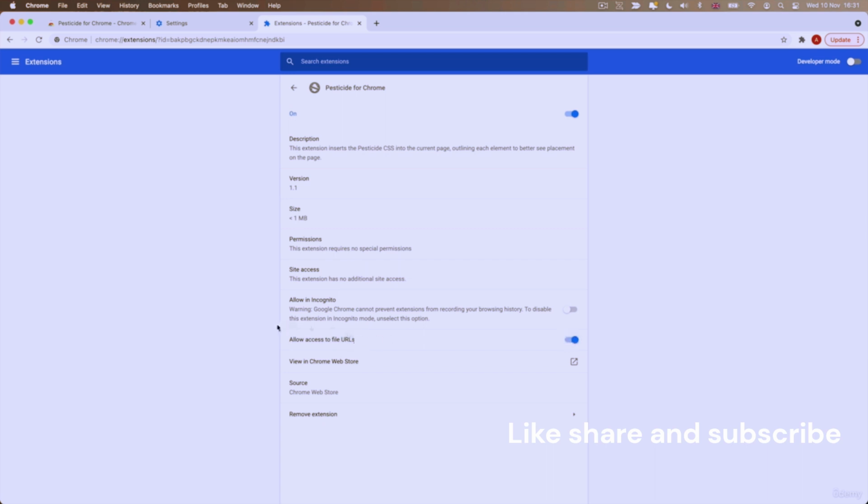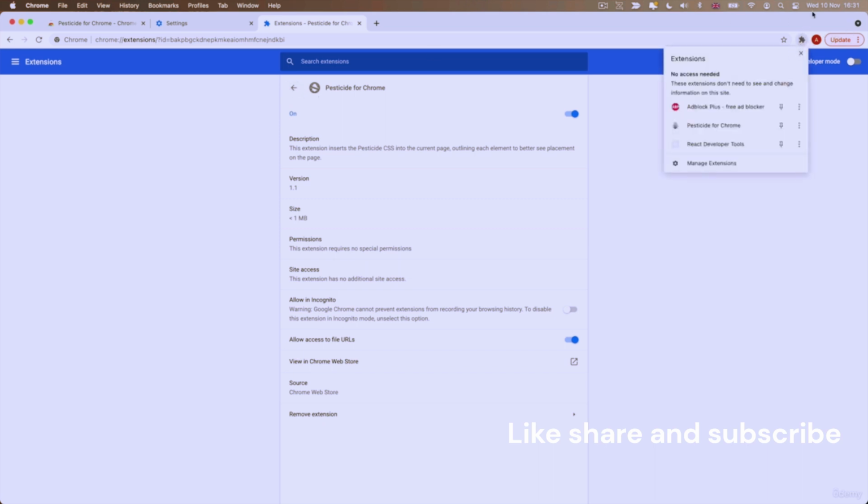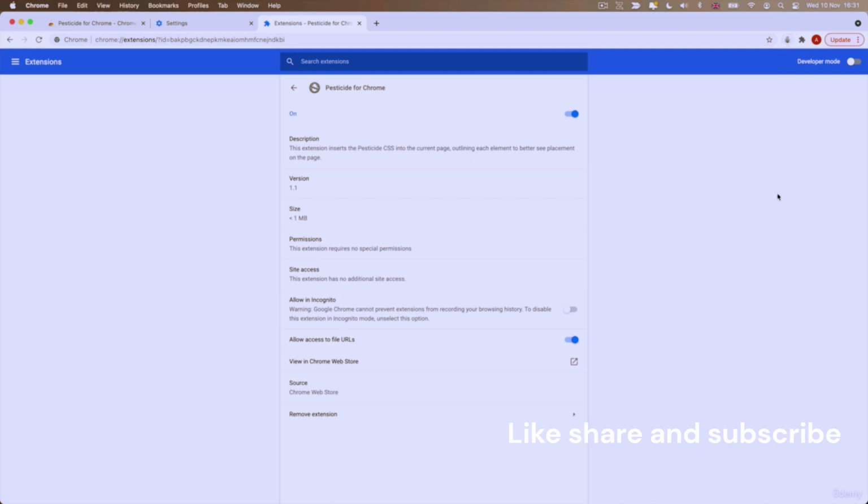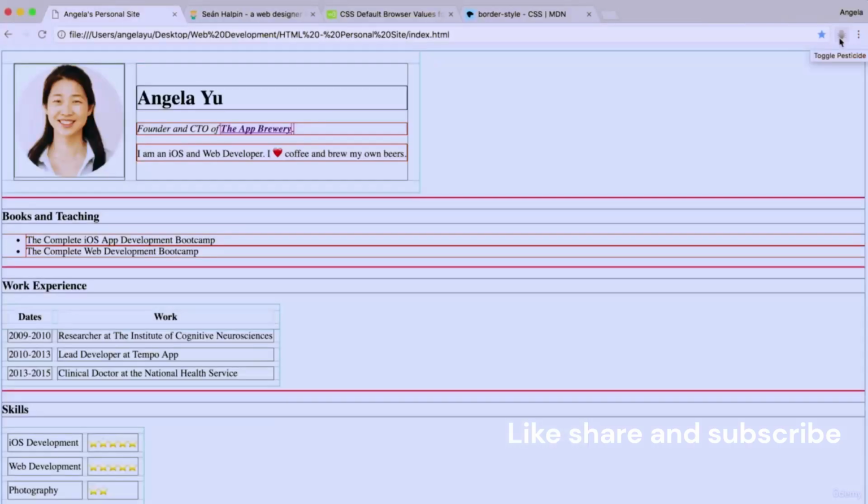This is going to allow you to develop your website locally and to allow you to use Pesticide on your local websites. Now, finally, if you want to pin the Pesticide extension so that it shows up here, click on the extensions and then go ahead and click pin so that it shows up right here, and then you're ready to go. Now, back in your website, if you click on the Pesticide button, then it will highlight all the